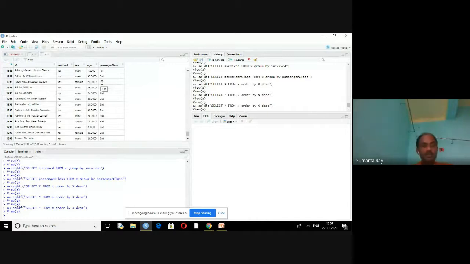Not according to a single column, you are able to sort the total tuple. I just want to say this.